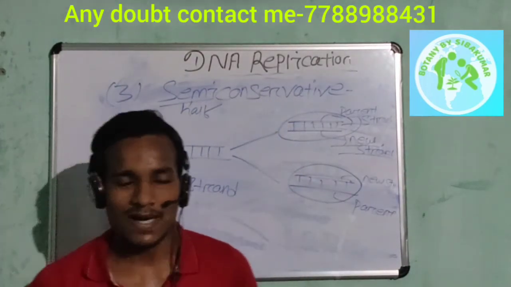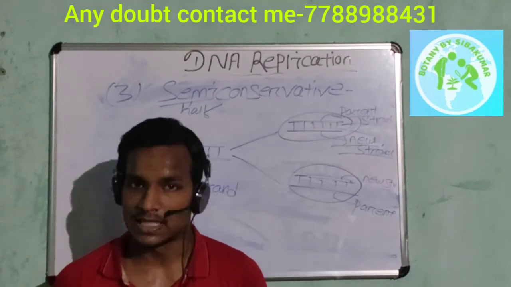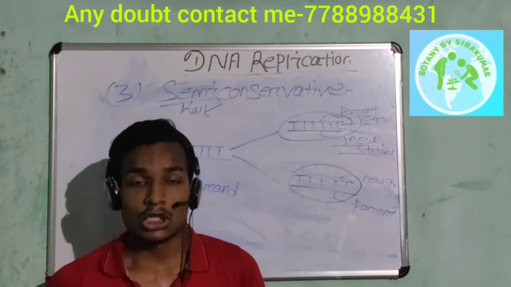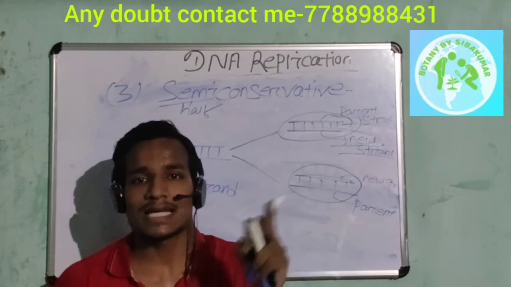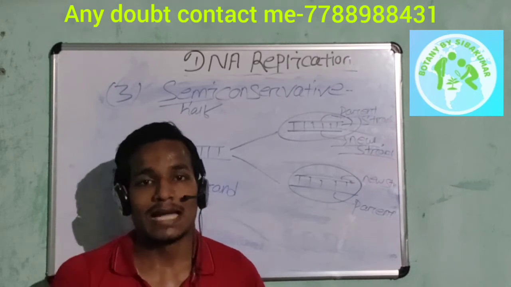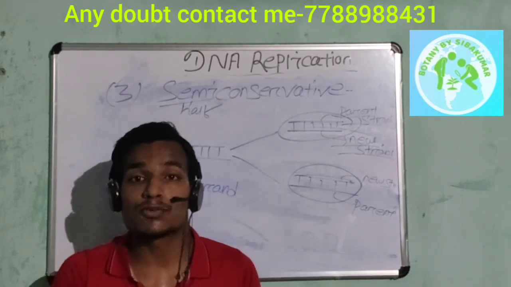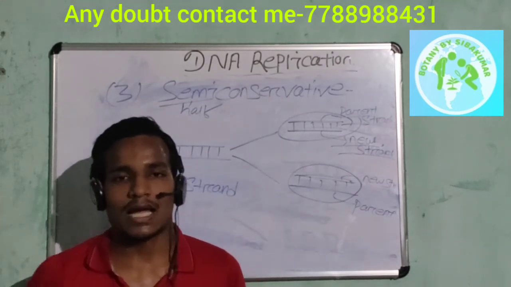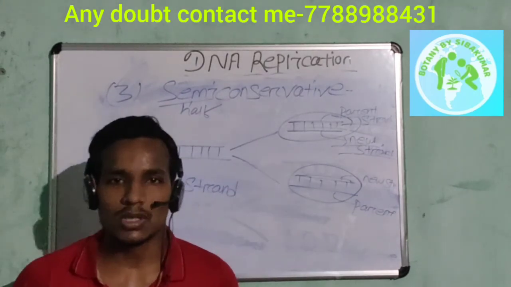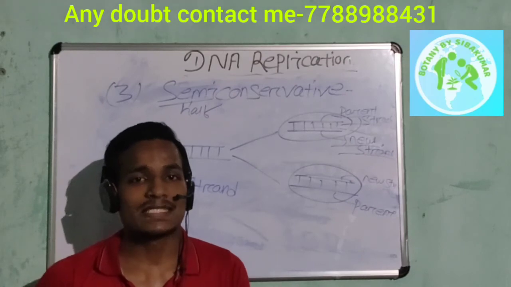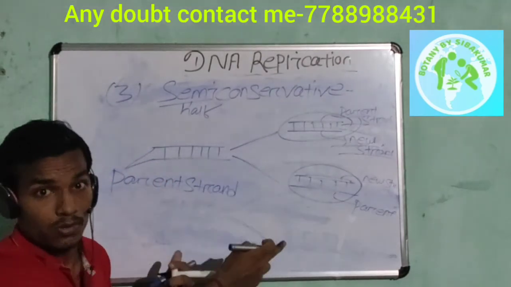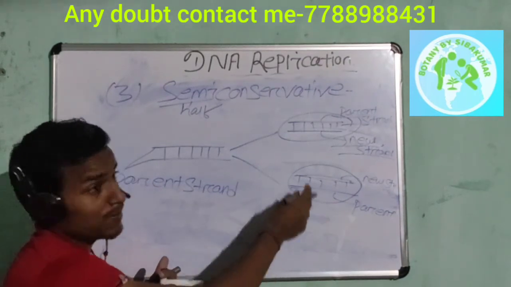Is that clear? First I discussed that DNA replication is of three types: one is conservative, another is dispersive, another is semi-conservative. Conservative means both the parent strands are conserved. Dispersive means the DNA breaks at several points and each piece replicates and randomly joins. And the third one is most important. Semi-conservative DNA replication says that half of the parent strand is conserved. That means in this case, two new DNA molecules are formed and each daughter strand has